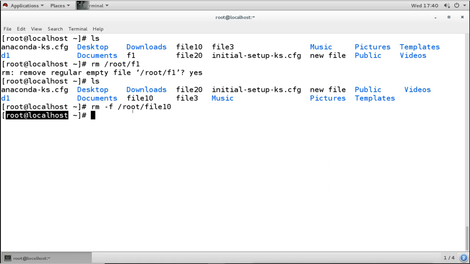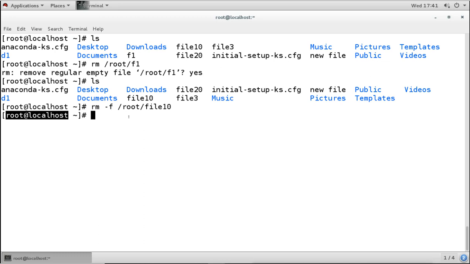But if you want to do something with the administrator account, then you can log in or switch to the root account, and then you can do this. Even so, root has a lot of permission on almost all of the files. So it can delete most of the files, and it can corrupt the system. So remember, this -F option can be dangerous.